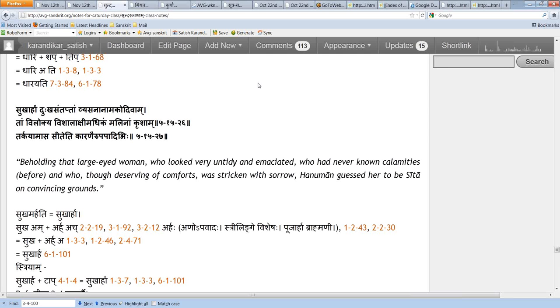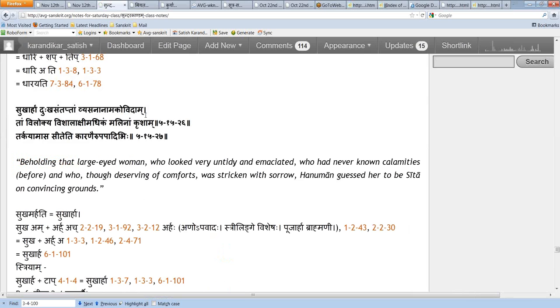So Sukharham, Dukkasantaptam, Akovidam, Tam, Vishalakshim, Malinam, Krisham are all Dvitiya Ekavachanam. In the feminine gender, Dvitiya, either Ramavat or Devivat. So, and all the karma of Vilokya. So, same thing we had here, Vilokya. We're done. Okay, thank you, Ravi. Let me refresh my page. Ravi corrected the error. Okay, so Kovidam. Okay, Ravi, so we're just talking about this Sukharham, Dukkasantaptam, Akovidam, Tam, Vishalakshim, Malinam, Krisham, all